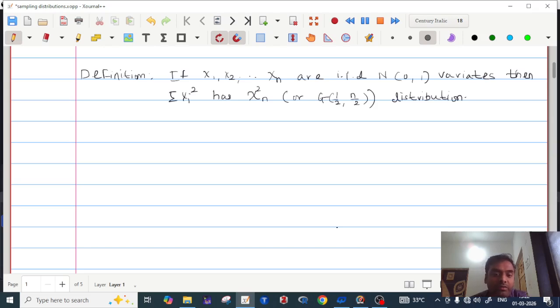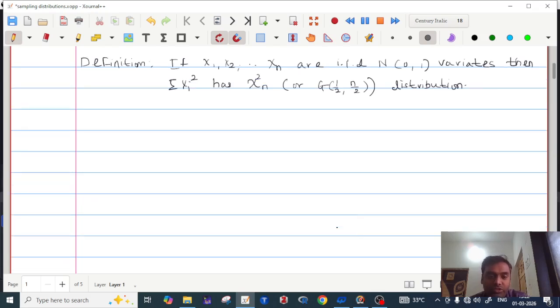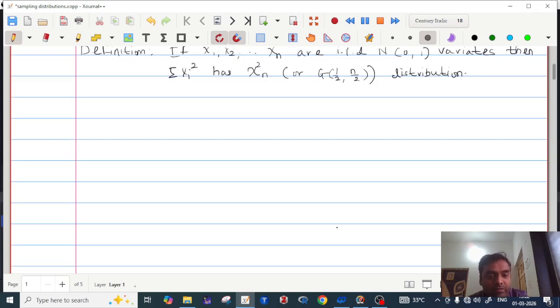So we will write the PDF of chi-square distribution with the help of this gamma distribution. In the PDF of gamma alpha lambda, we will take alpha is equal to 1 by 2 and lambda is equal to n by 2 to write the PDF of chi-square distribution. So PDF of chi-square distribution. Next one is, if x follows